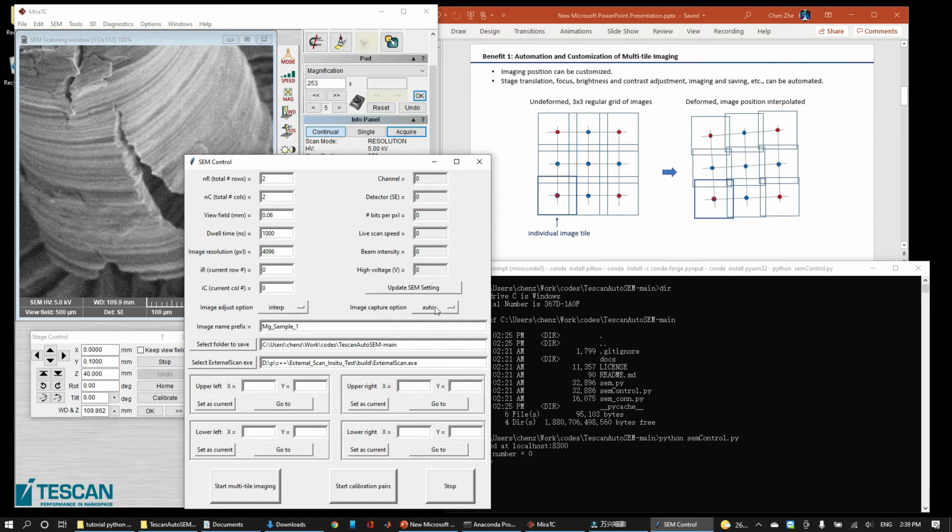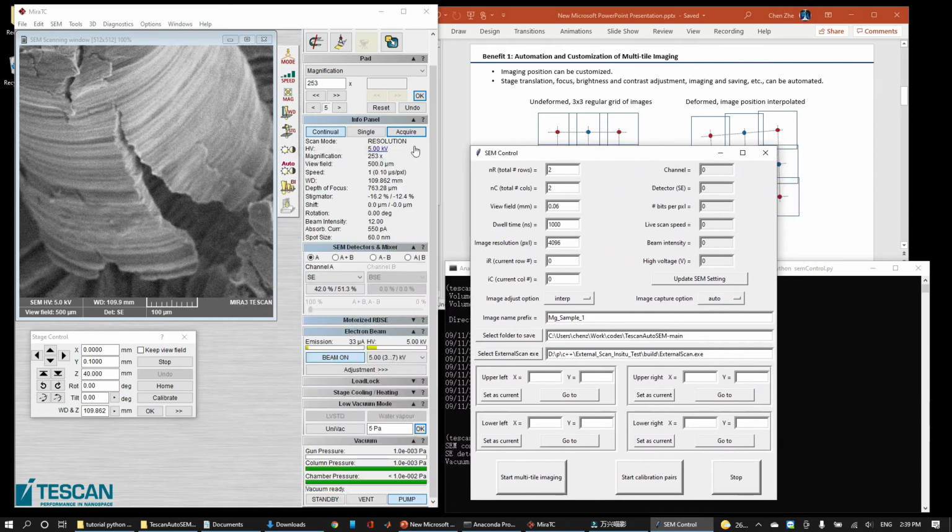For the image capture function, auto means use a built-in Python script to capture images without a pop-up window for confirmation. Built-in means we are simulating keyboard input to use the acquire image option, so you have to set up your imaging parameters and your automatic save locations directly in this user interface.